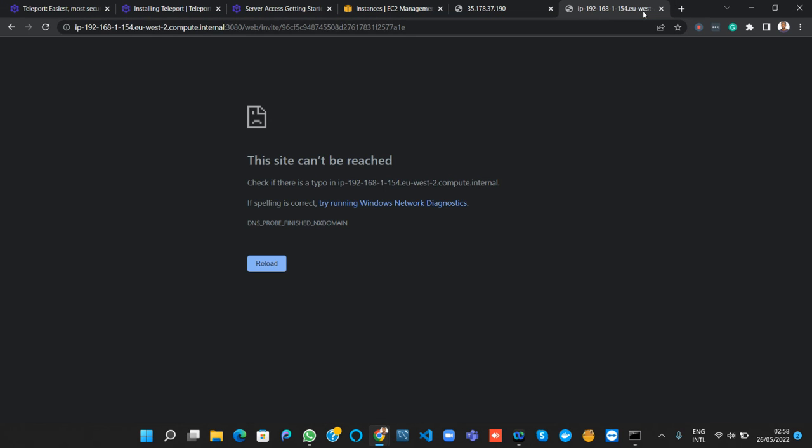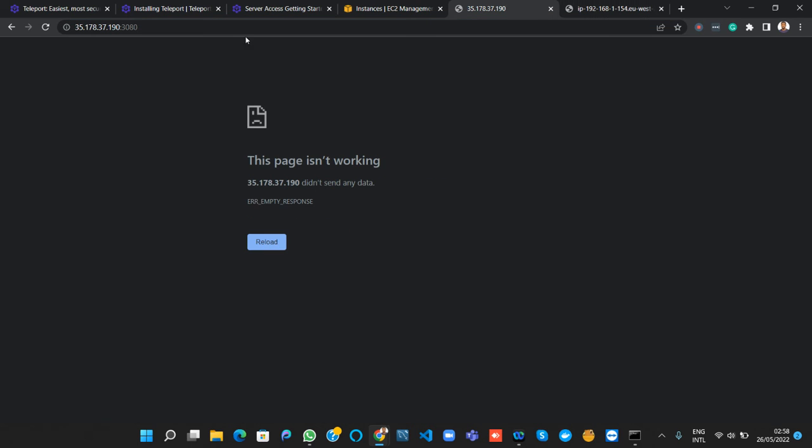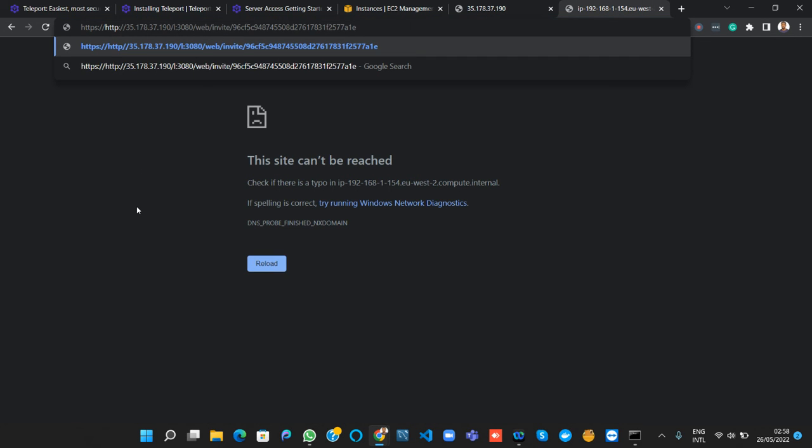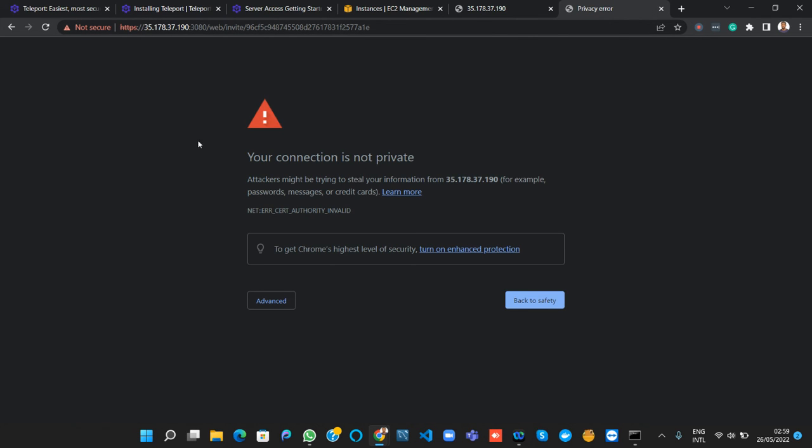paste it. So ordinarily this link will not work, because this name that looks like a domain cannot be resolved. Okay, so what I will do is use the public IP. I'll take my public IP, copy it, and come over here and paste it. Let's go back here and remove this part. Mind you, Teleport is being served on port 443. So if I hit enter, we should get